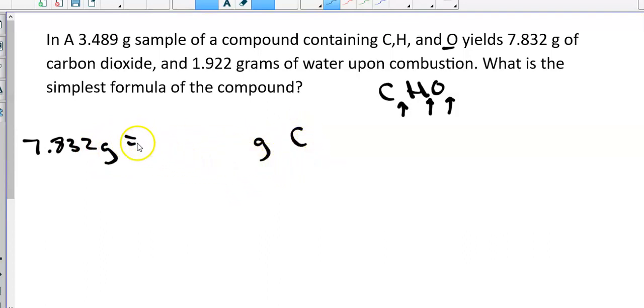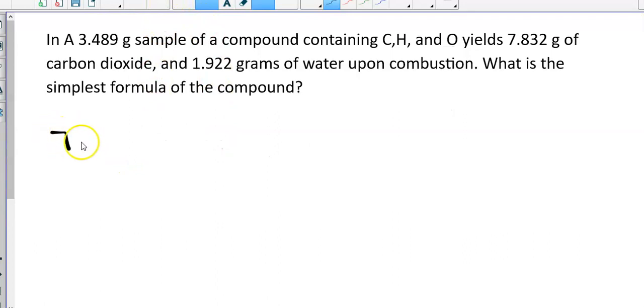To do that, you take this number and multiply it by 0.2727, and that will give you the grams. 7.832 times 0.2727. This accounts for the entire picket fence when we go from grams of CO2 to grams of carbon. That's what that step is for. You end up getting 2.133